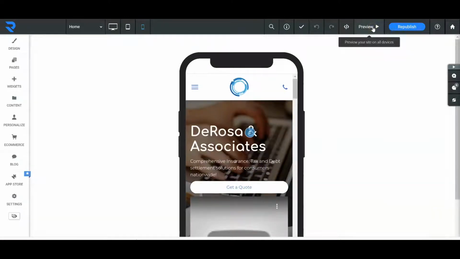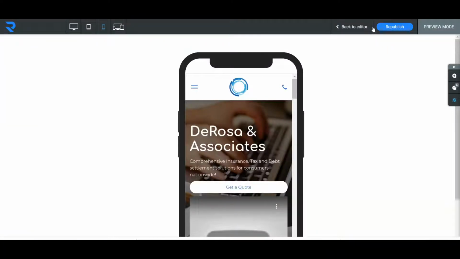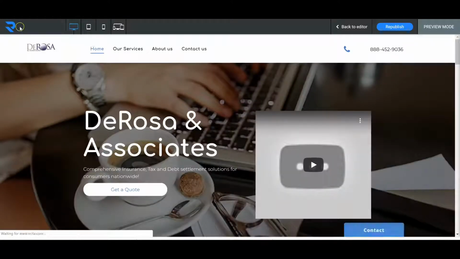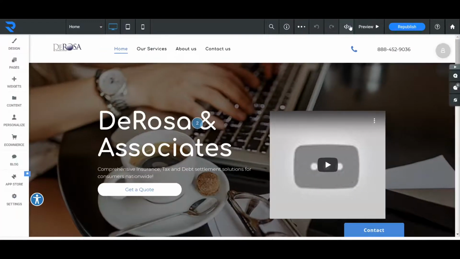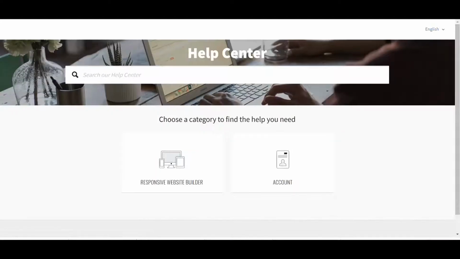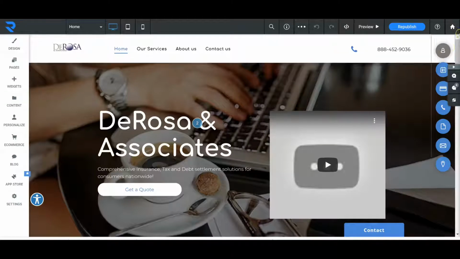If you want to preview what your site looks like, you click the preview button. You can select through all of your different sizes. And then when you're ready to publish the changes you've made, you go ahead and click the button that says Republish. From here, you can get access to the Help Center. You can also go home back to the dashboard. And then you also have all these menu options on the left that are going to help you customize your site,